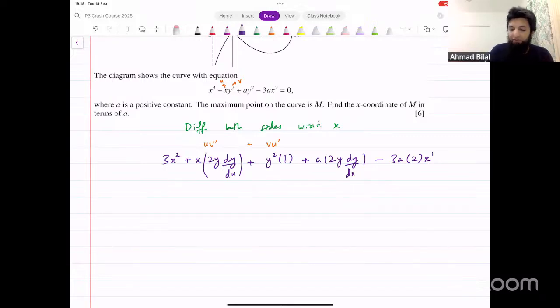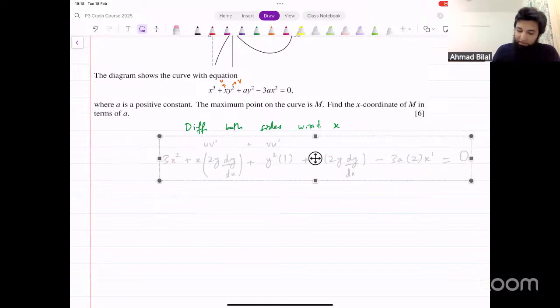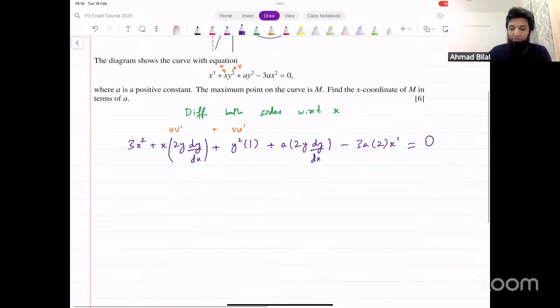This is what you have on the left side. On the right side, you have 0. Derivative of 0 is 0, so that remains as it is. This is the first step, and that should earn you at least 2 marks already. Just this one line, if not 3, minimum 2 marks if you've done all of this